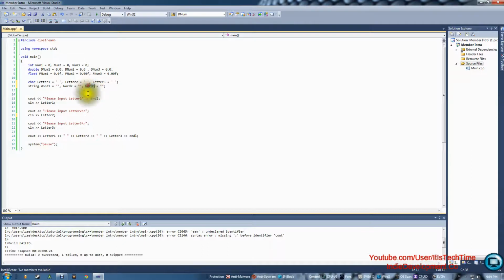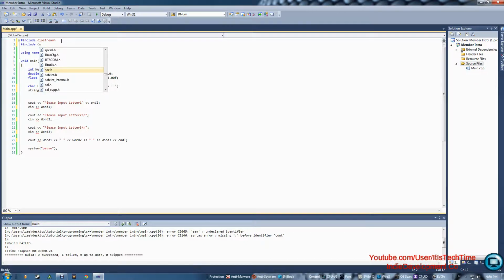And to display it or do an input, we're going to do this: cin word1, word2, word3. Then the same thing with this one, cout word1, word2, word3. So let's go ahead and run this. And before we run it, we have these errors. It will not tell you the correct error. It will tell you no operator matches these operands. That's because a string uses a different library. So in the libraries, we are only using iostream, which lets us use cout and cin. So we have to use a string library, which is